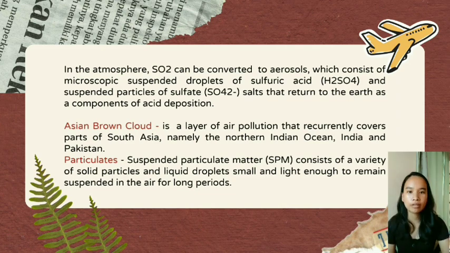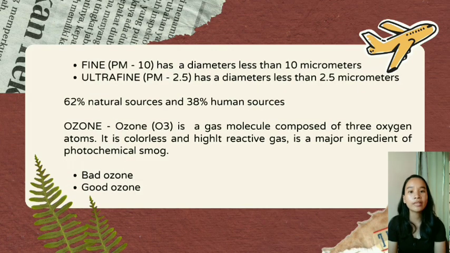So next is the particulates. Particulates, or suspended particulate matter, or SPM, consist of a variety of solid particles and liquid droplets, small and light enough to remain suspended in the air for long periods. According to the Environmental Protection Agency, or the EPA, there are two classifications of particles, which are the fine and the ultrafine. Fine has a diameter less than 10 micrometers, and the ultrafine has a diameter less than